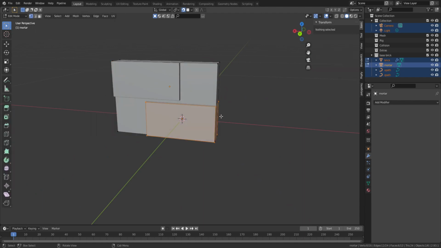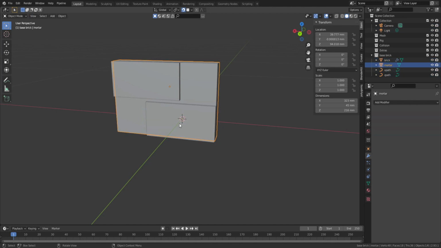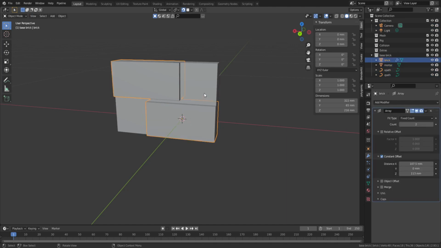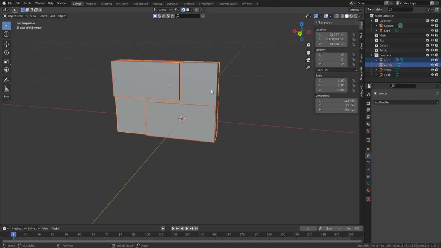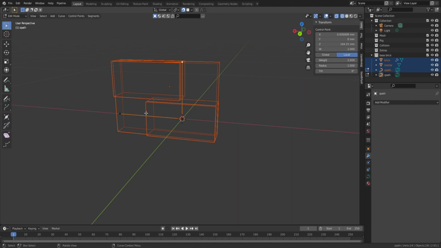Everything is scaled. Right. Now we've done that, we need to go into the brick. So we'll shift click the brick. We will shift click the mortar. We will also go into wireframe mode and shift click the one on the X-axis and shift click the one on the Z, not the Z-axis. We'll just go on the X-axis for now. When we tab into edit mode, now we have this selected and these selected. So if I press,